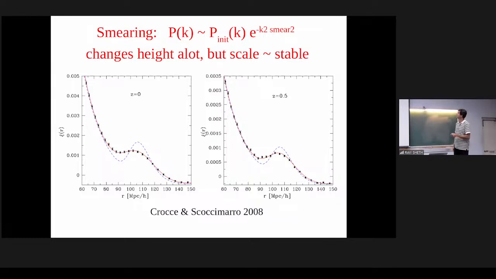And so this simple model, that all you do is you smear with a Gaussian. Convolution with a Gaussian in real space, in Fourier space means you multiply by the Fourier transform of a Gaussian. And the Fourier transform of a Gaussian is e to the minus k squared times sigma squared over 2, or something like that. So this is this model. Okay, this model gives you this correlation, the simplest possible model.